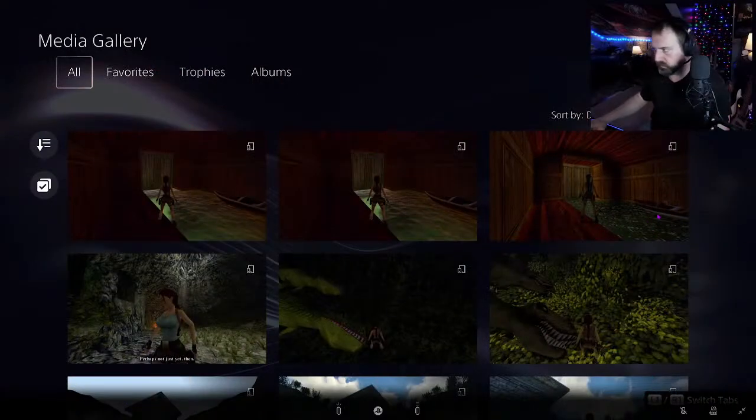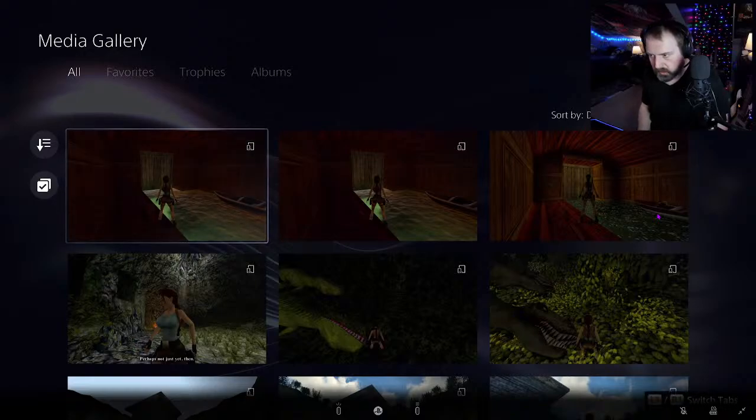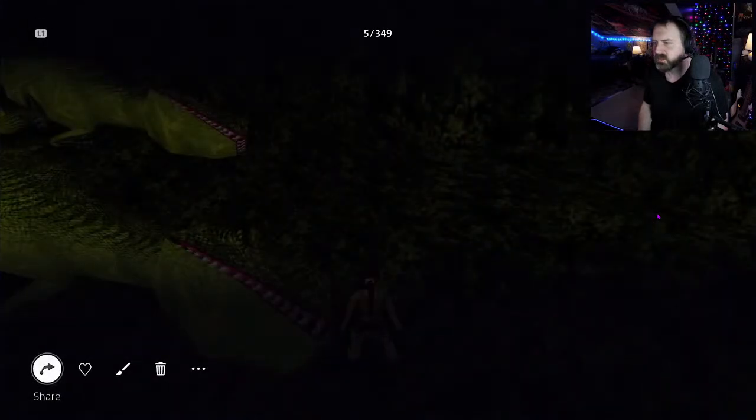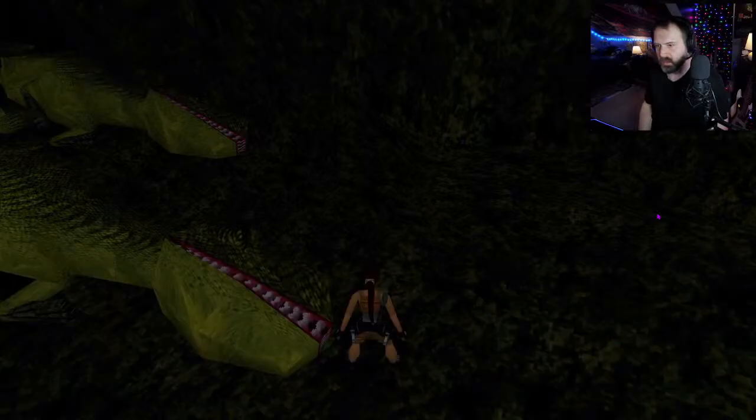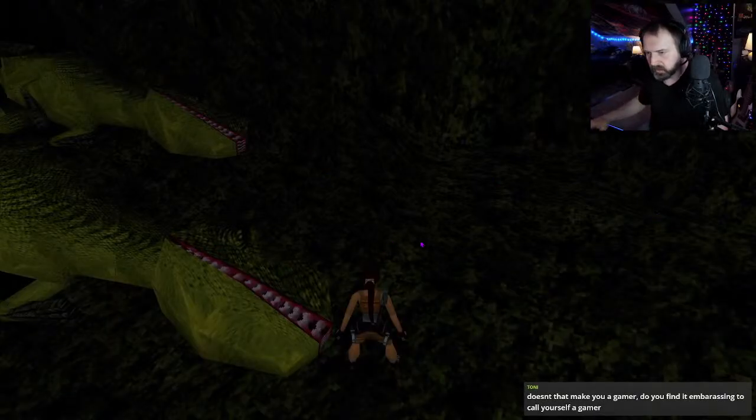Let's see here. Hey, there's actually an update for that. Okay, so here's what I mean. Right here's an example. Why is it so dark? Am I insane, or is that incredibly dark on here?